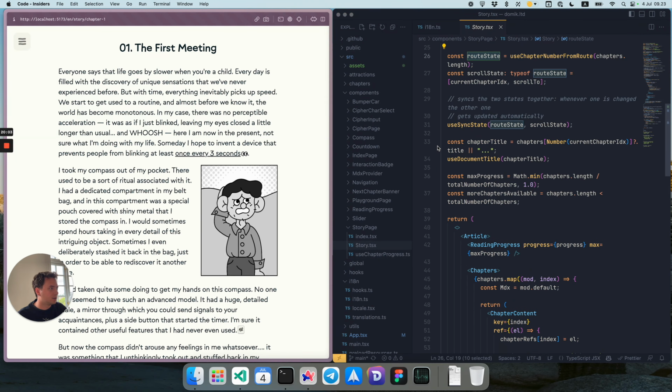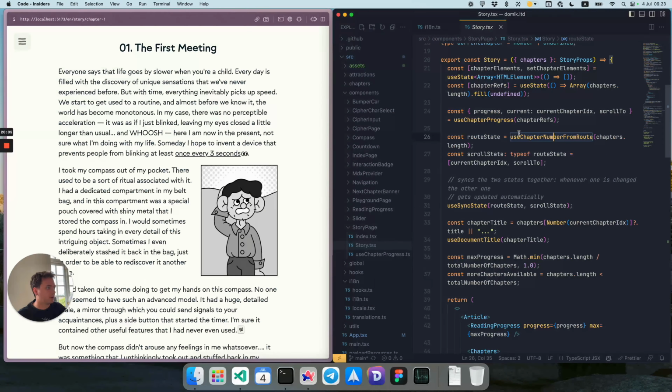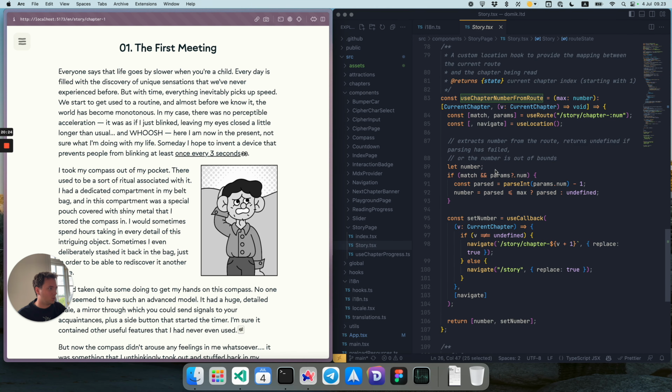Now, the second hook that I use here is called useChapterNumberFromRoute, and this one basically looks at the current location and extracts the index of the current chapter. So in this case, it would return 1, or I believe 0. I don't actually remember, but anyway, the way it works is, again, I'm using this useRoute hook from router. I use this pattern, so /story/chapter and then the number of the chapter. So this will return the